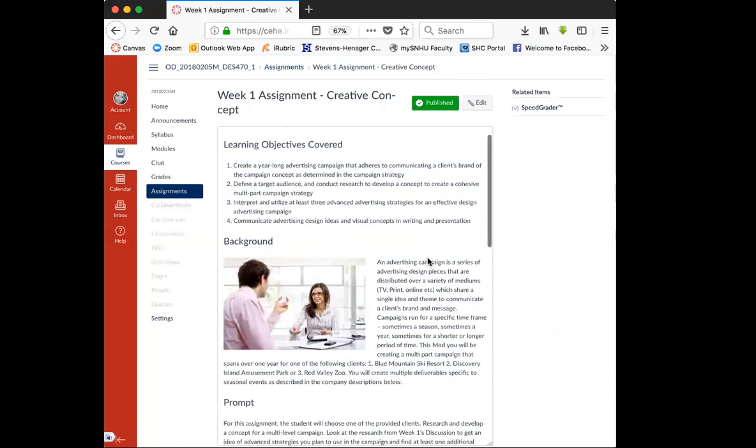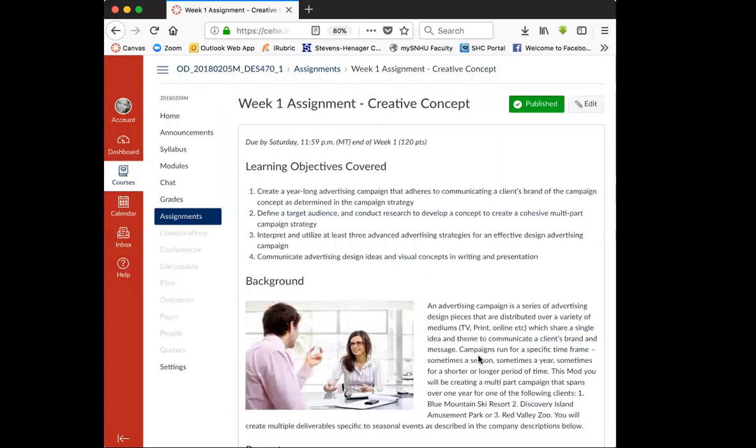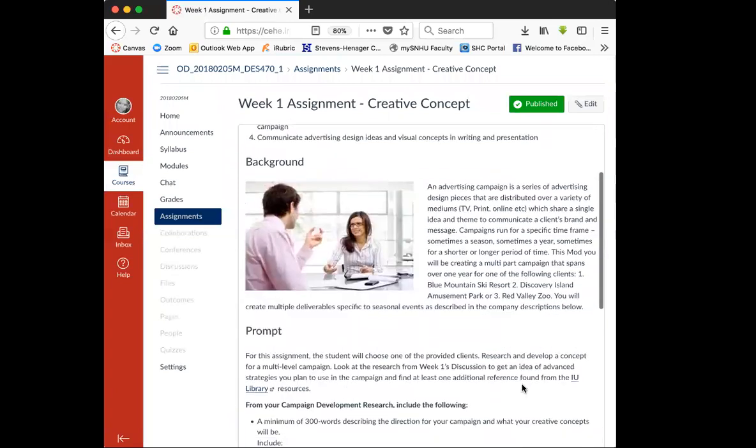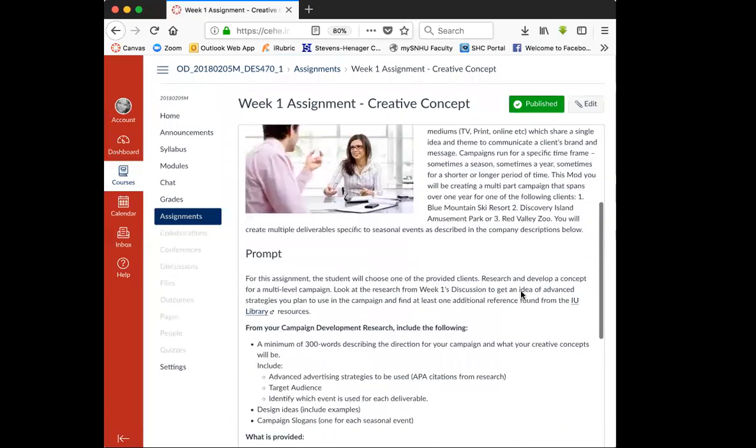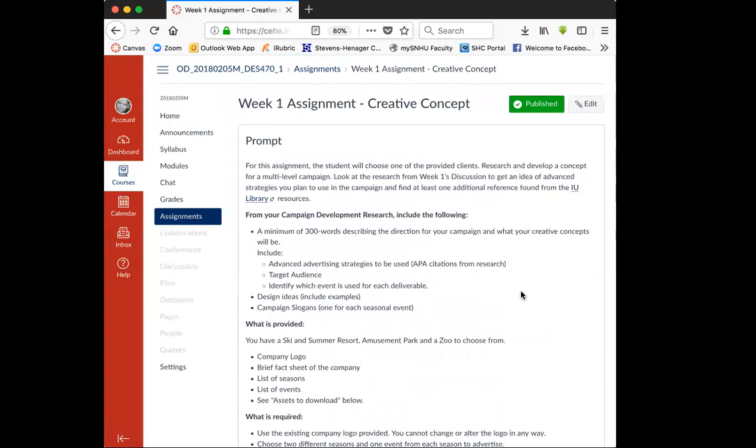All right, so assignment 1, let's read through this, see if you have any questions. Let me zoom in here. There we go. So read through the background. I won't read over that. I'll just go straight to the prompt here. For this assignment, you guys will choose one of the provided clients, research and develop a concept for a multi-level campaign. Look at the research for week 1's